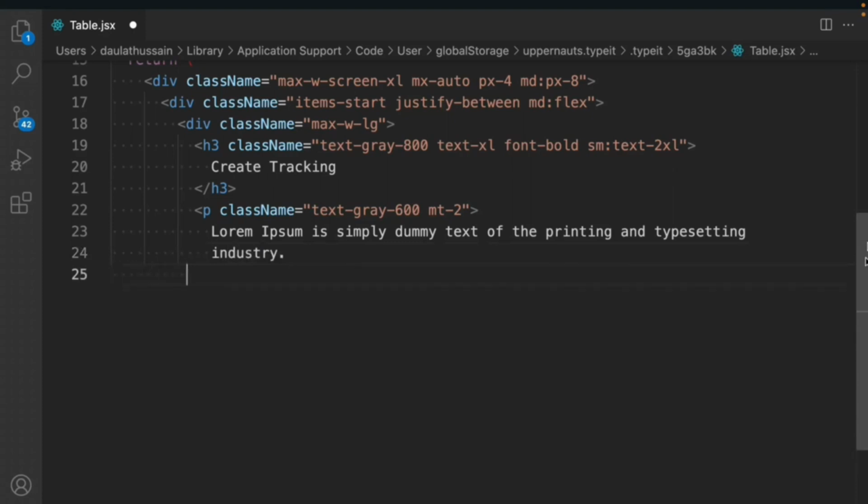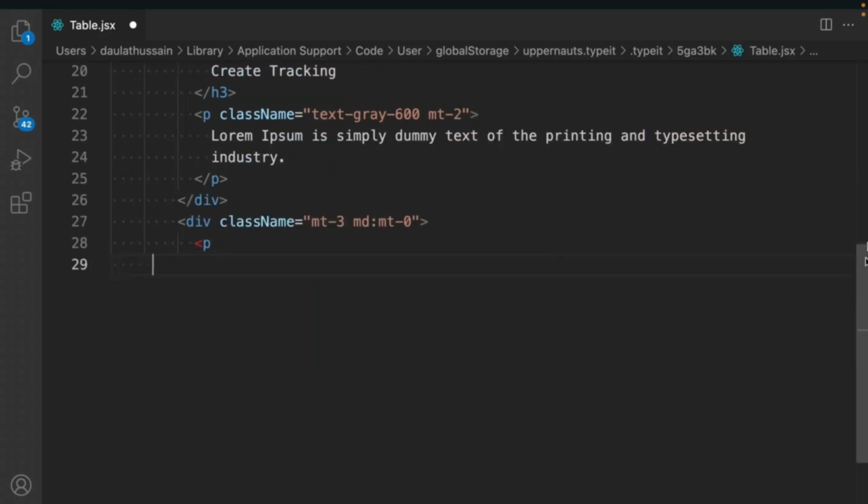So that's the text we have. Close this one. Now we'll take another div. It will have a class. We'll say margin top is going to be 3. On the medium device margin top is going to be 0. Inside that we'll take a p tag, and inside that we're going to add this on click function. We'll say set create shipment model true. So this will open the model,